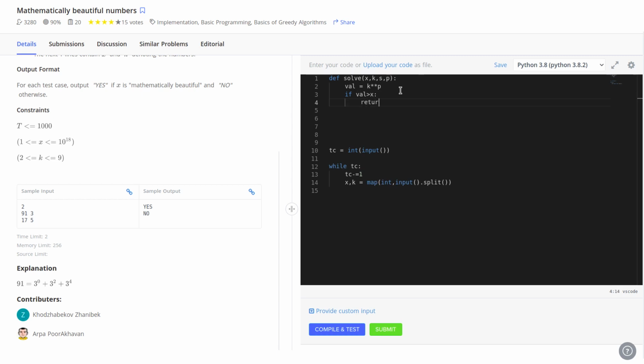If it is greater than x, simply return, which means we are not going to proceed and we break our recursion there.